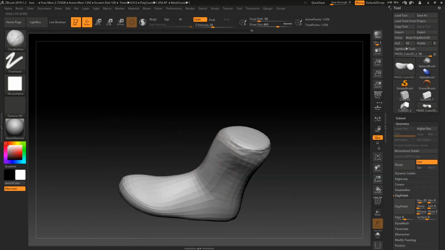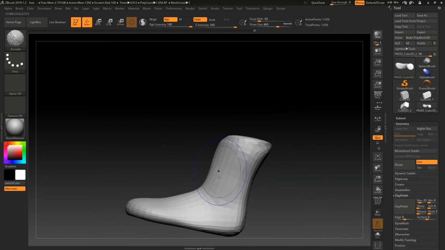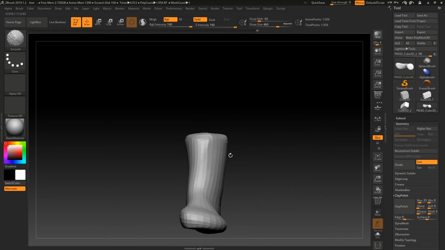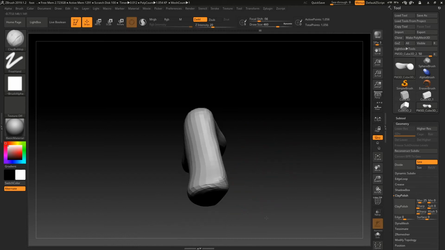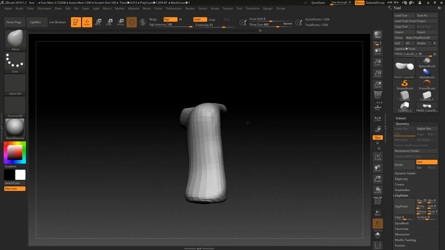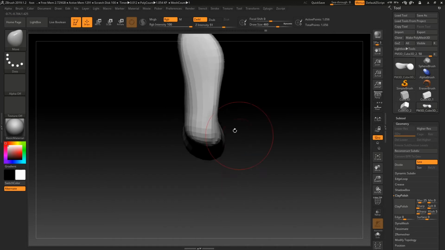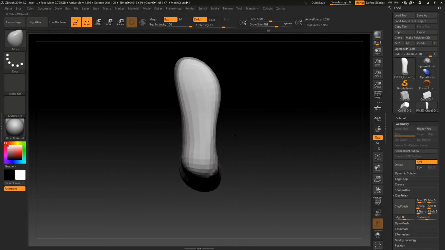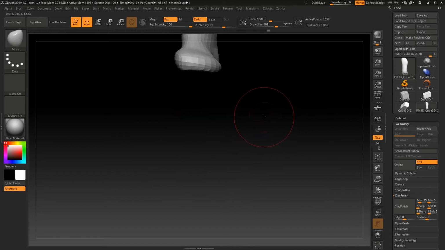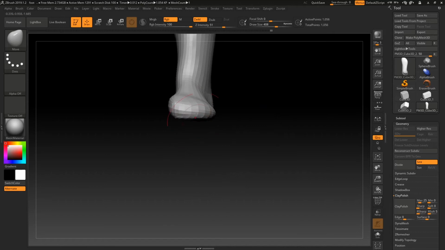Go to brush clay buildup, BCB, fill this in a little bit, scale that down a little bit. You can even have a look at your own feet to try and get a better view of what's going on. Feet are generally quite hard to do,